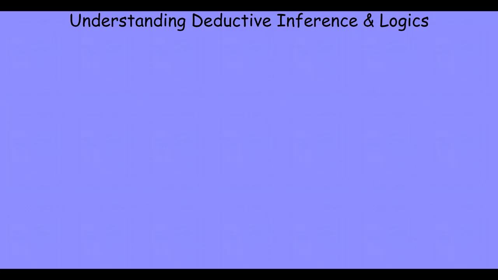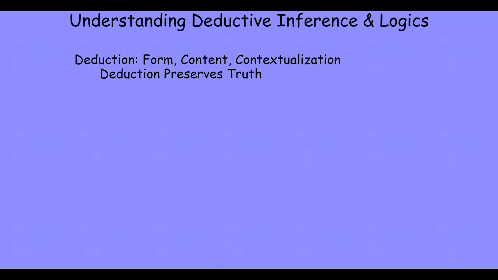With this background about human memory and inference capacities under our belt, let's turn our attention now to particular kinds of inferences, to native human abilities, and to the underlying features that differentiate those inferences. So we'll start off by looking at deduction. We'll note that deduction has the virtue of preserving truth, essentially preserving truth at all costs.